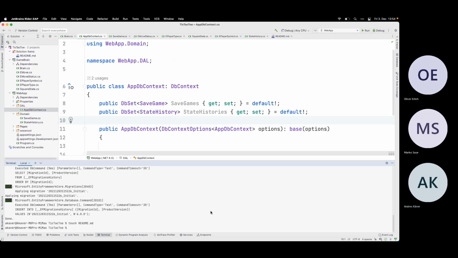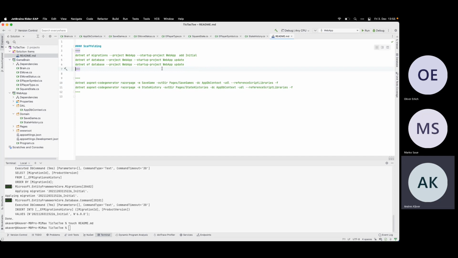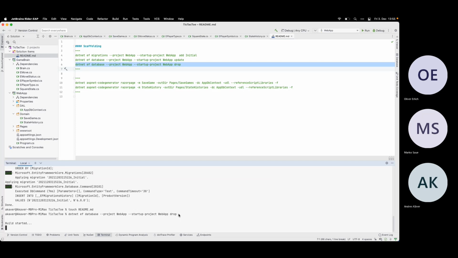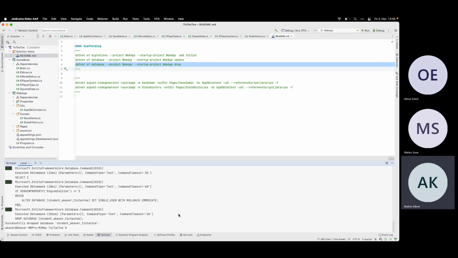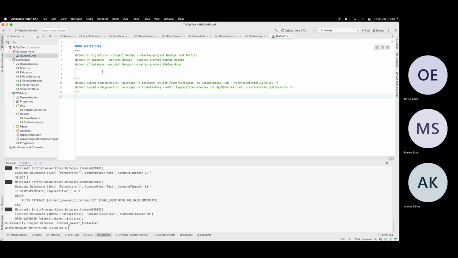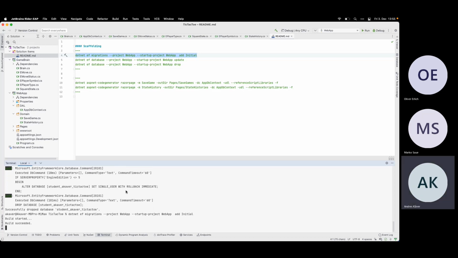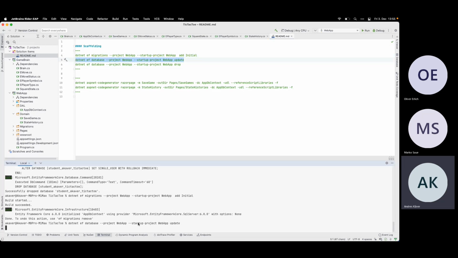And now I need to drop my database, I think. Okay, I got my database and I can now update it.